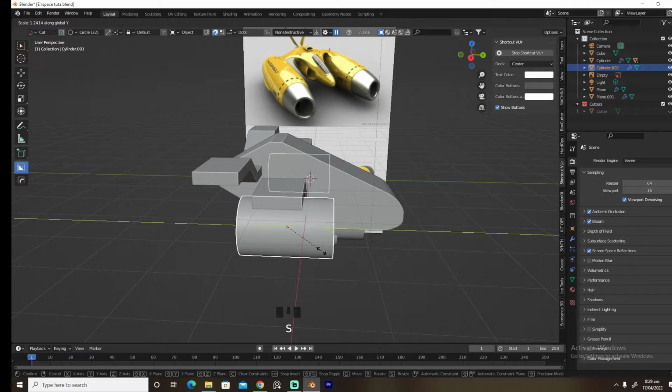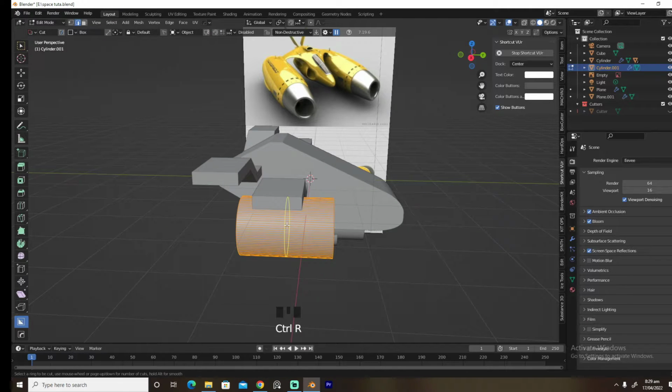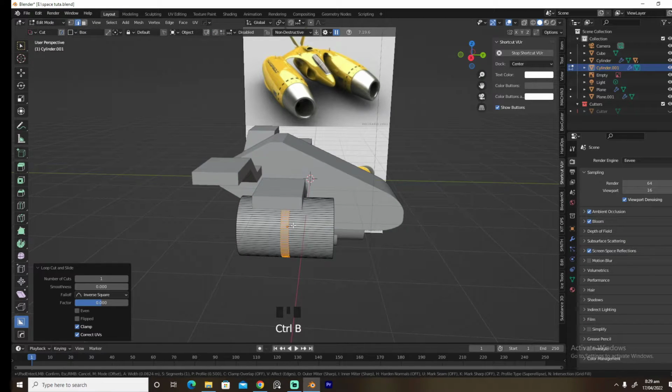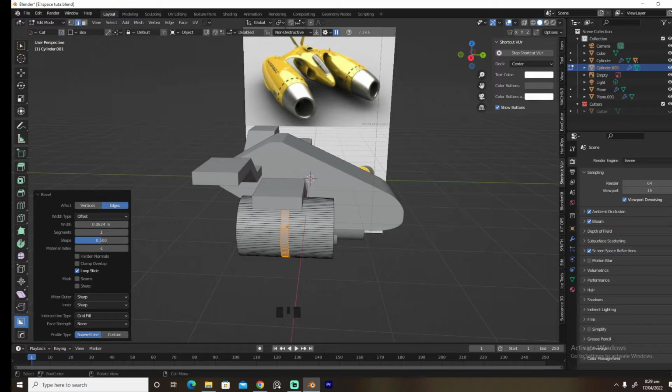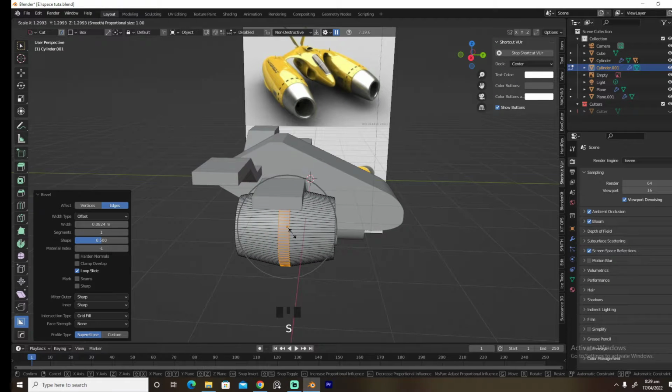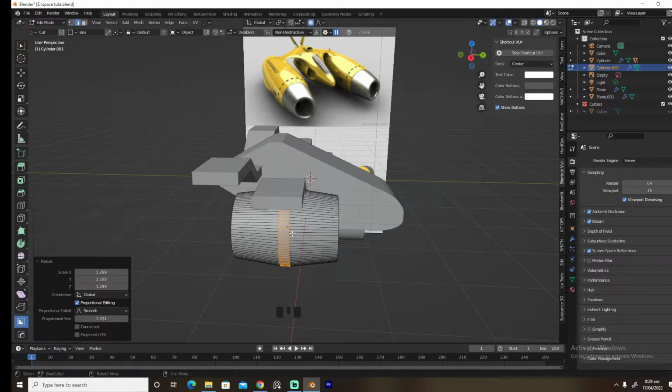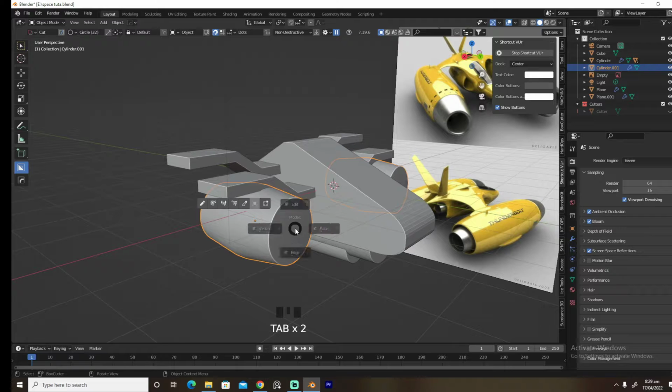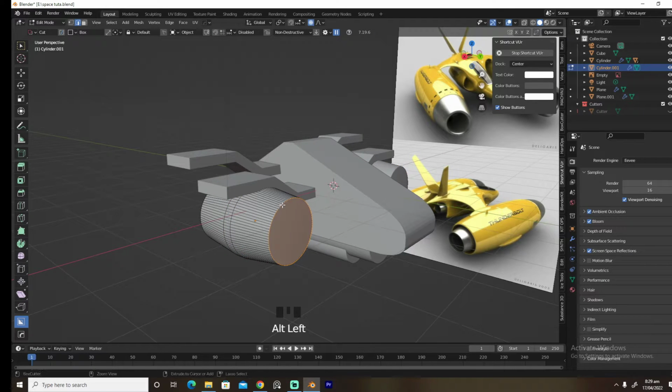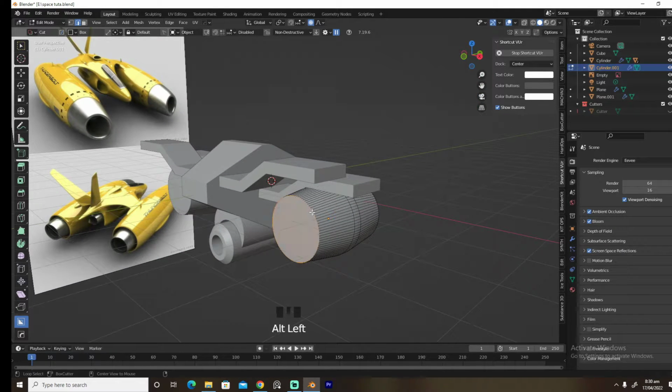I'm gonna scale on the y-axis. I'm gonna go into edit mode, and I'm gonna create a loop cut, Control B. There we go. And we are going to go in proportional editing, smooth, and we are going to scale this somewhere right about here, and we're gonna select this guy, and we're gonna Control B this somewhere right about here. I'm gonna select this guy, and I'm gonna Control B this,